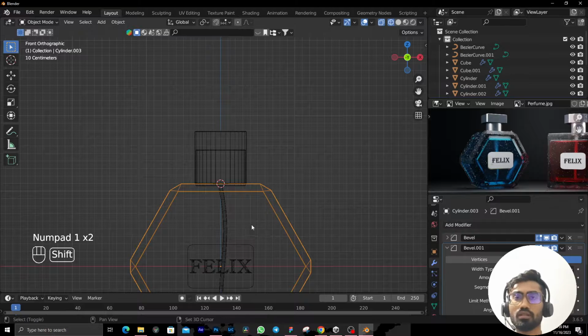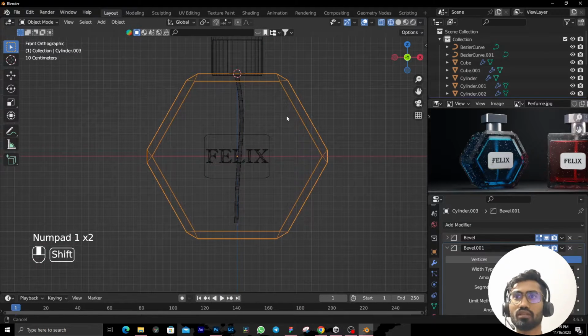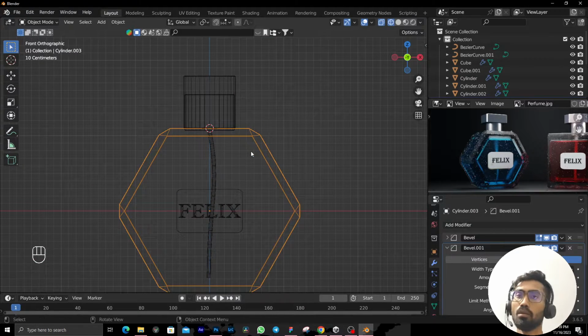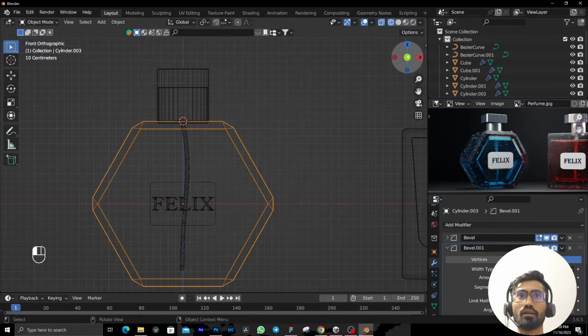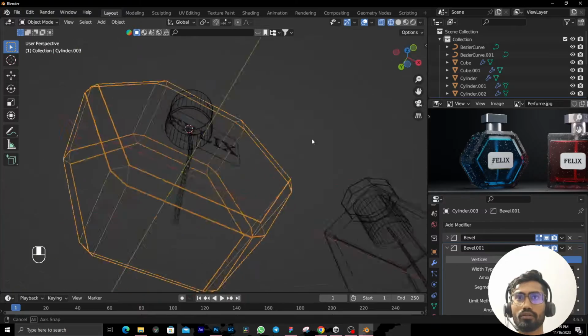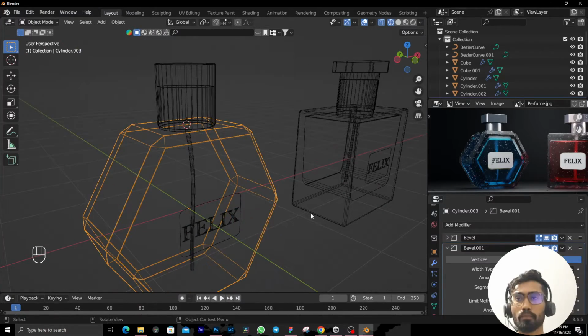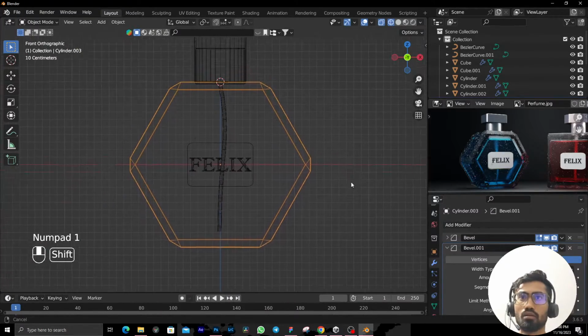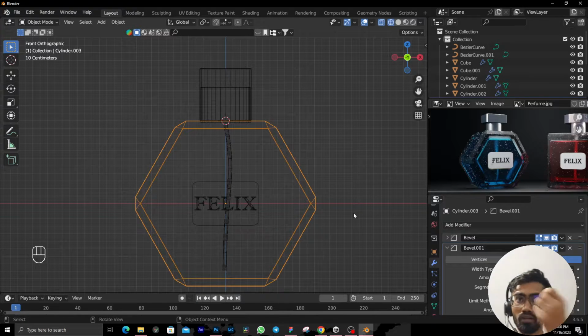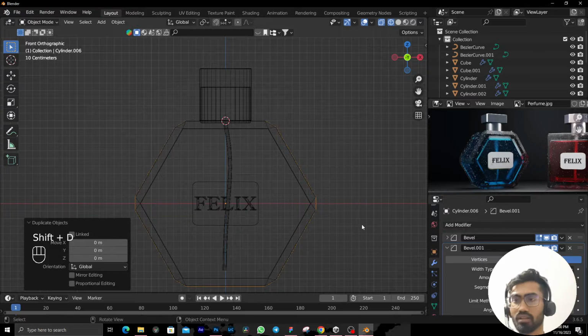In order to pan, hold Shift, and you can use your middle mouse button to pan. You can also use this hand to pan and this to rotate, or you can just use the middle mouse to pan or move around the 3D world. Okay, so Shift D, right click,